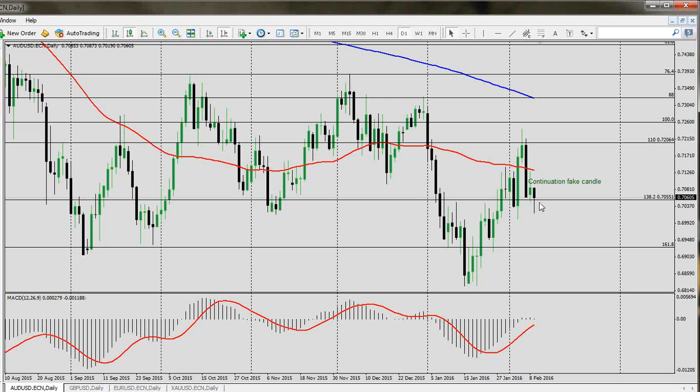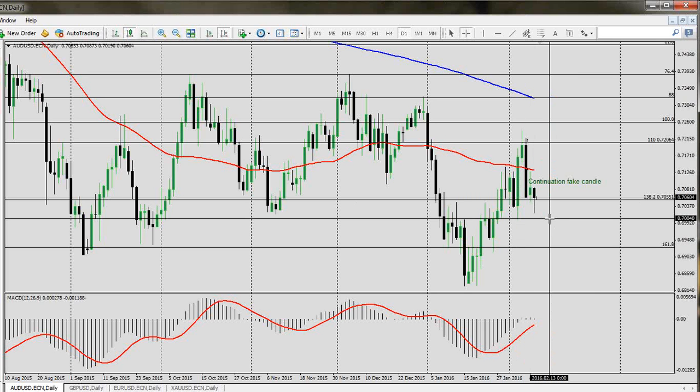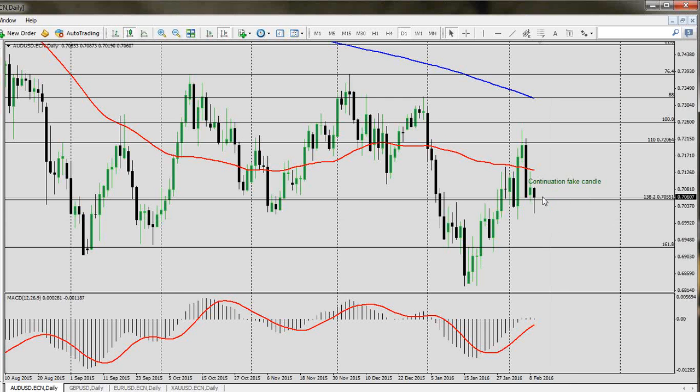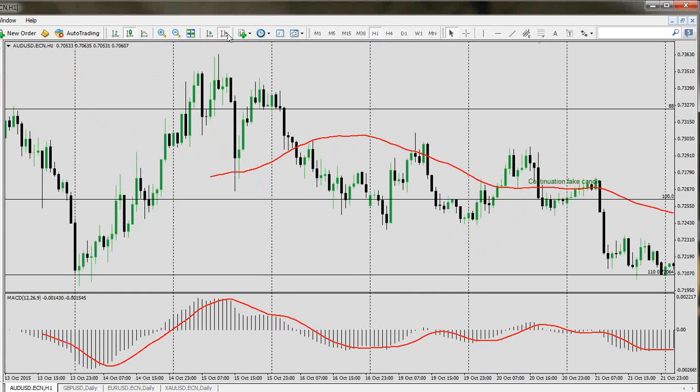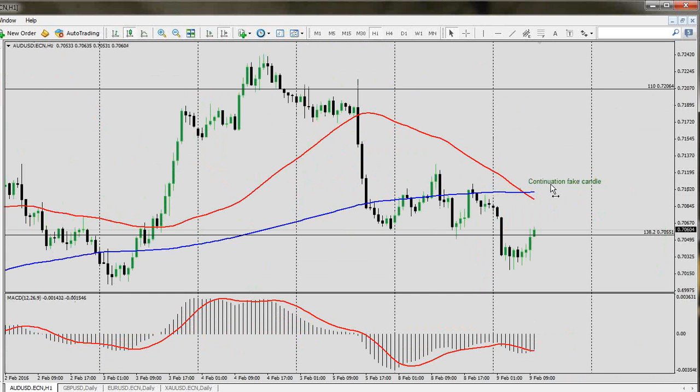So possibly with today's fundamental developments, we could expect the trend to go further on the bearish side. At least my current expectation for now is towards the 0.70 level. So that makes more or less 60 pips from where we are now. If you go on hourly time frame for intraday opportunity, we can also get rid of this comment that I had,